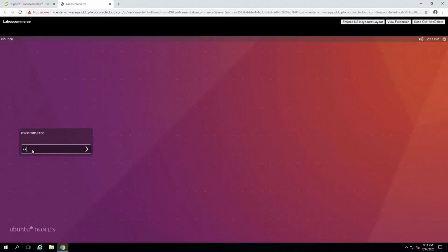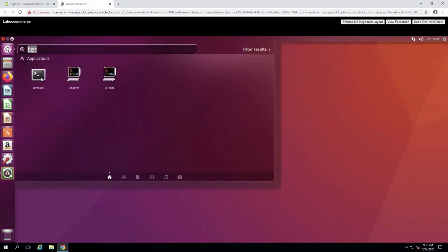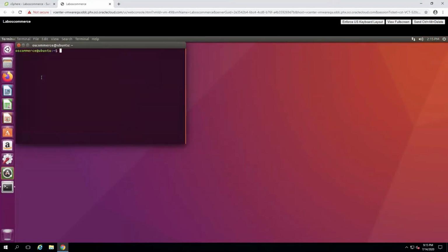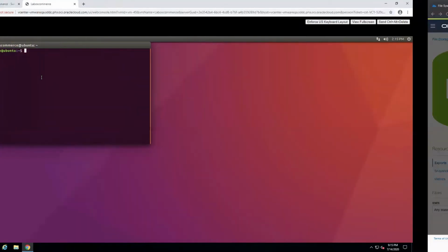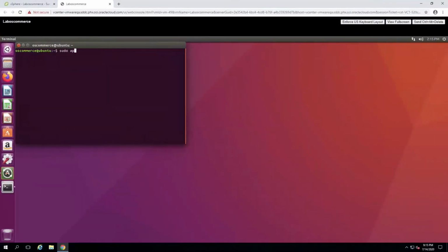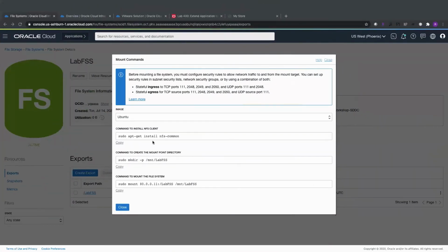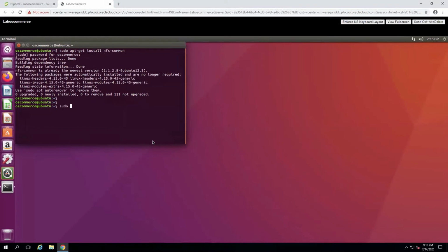Provide the password for your image. Okay, now open up the terminal and run all the commands that are mentioned here. We make a directory so that we can mount our file system.